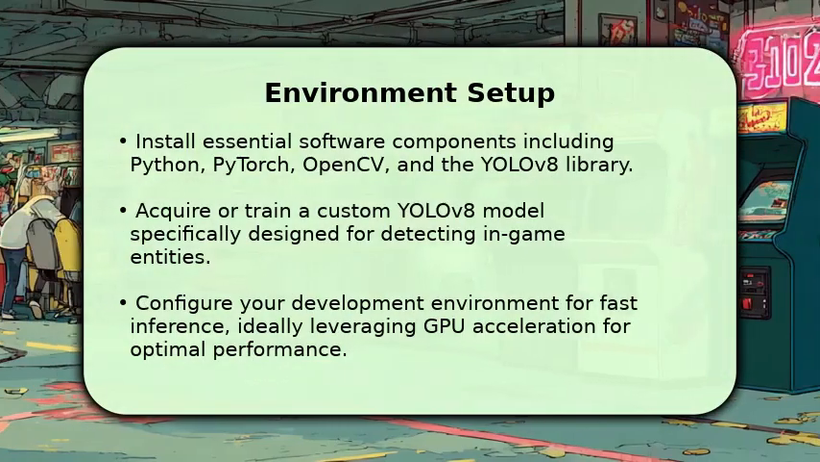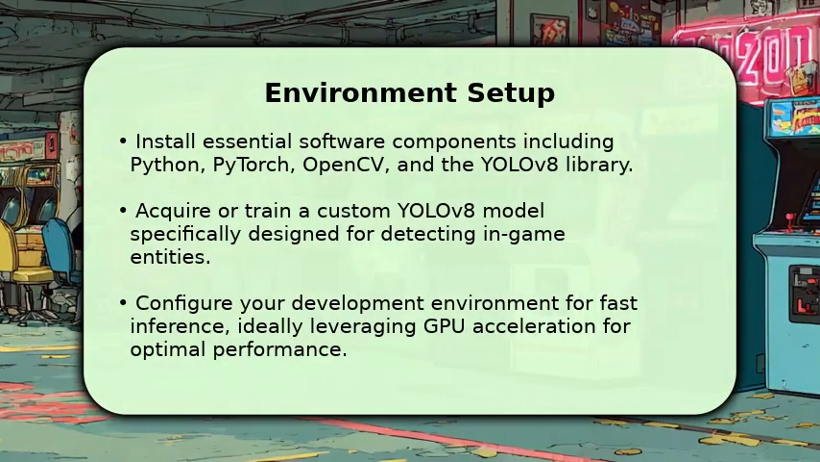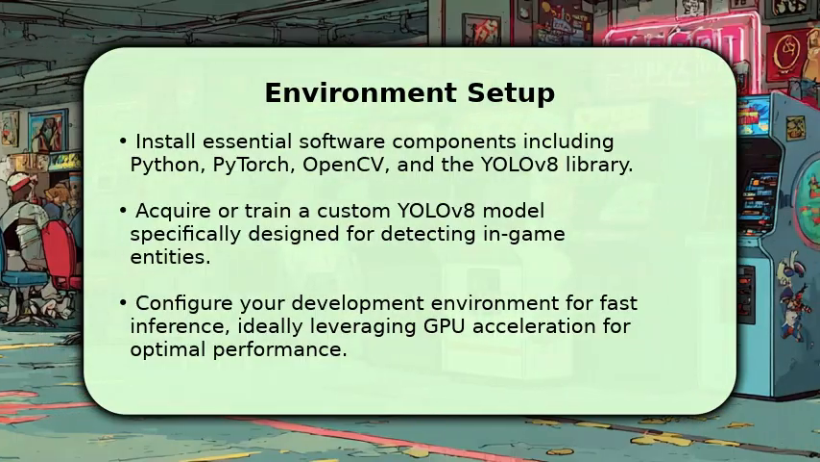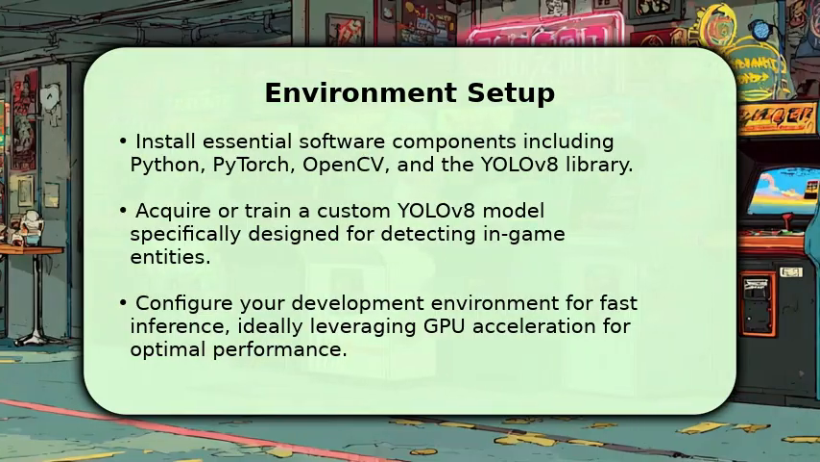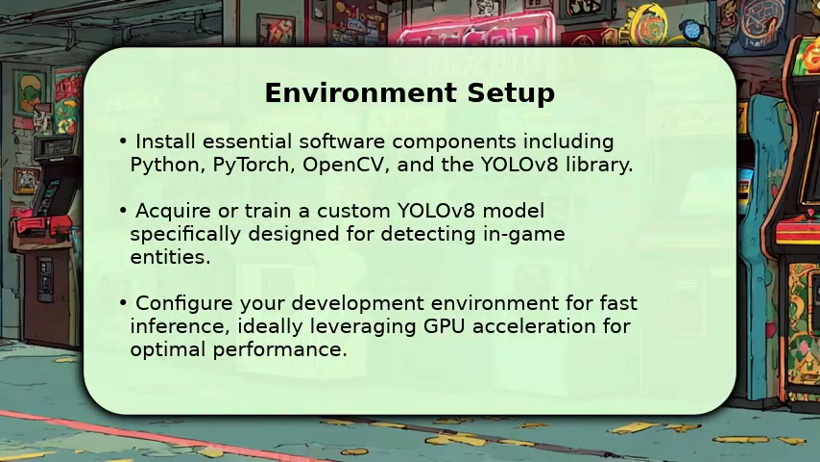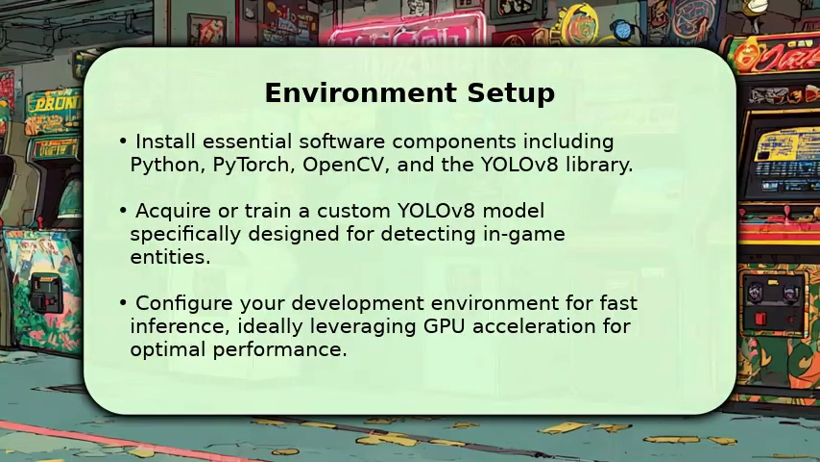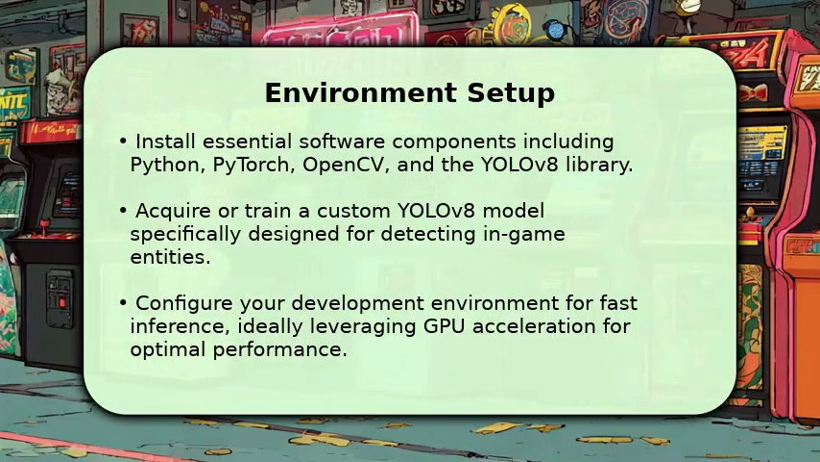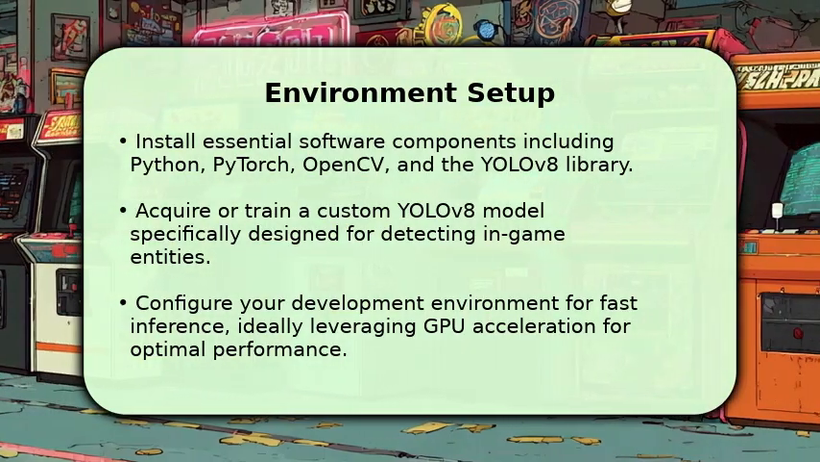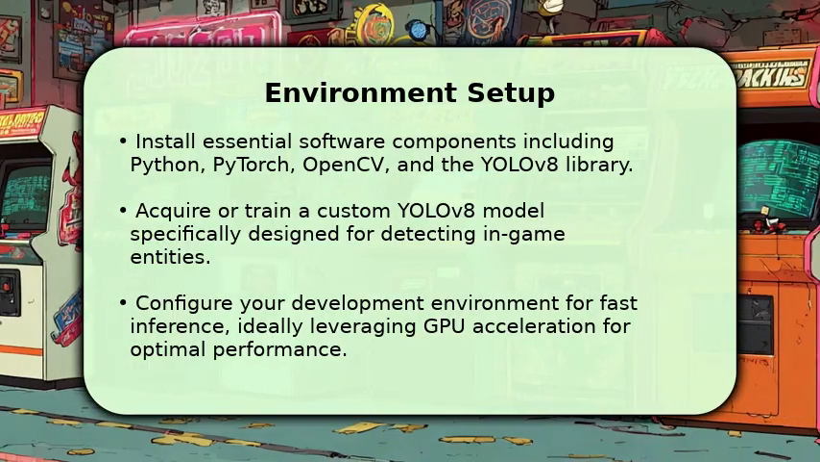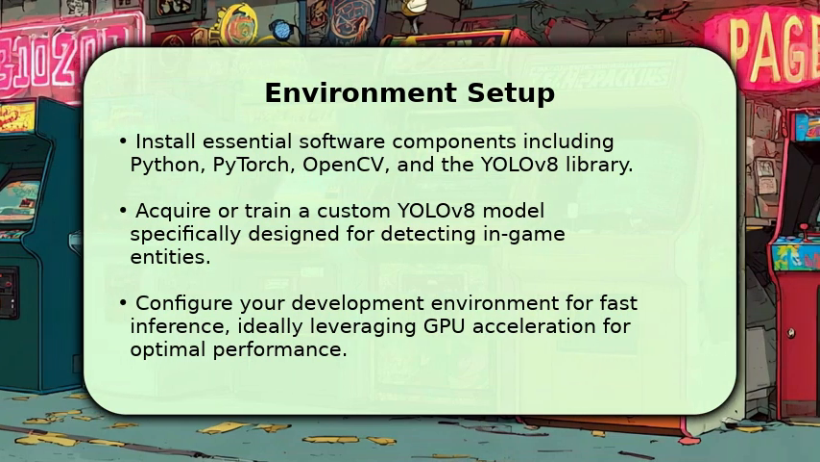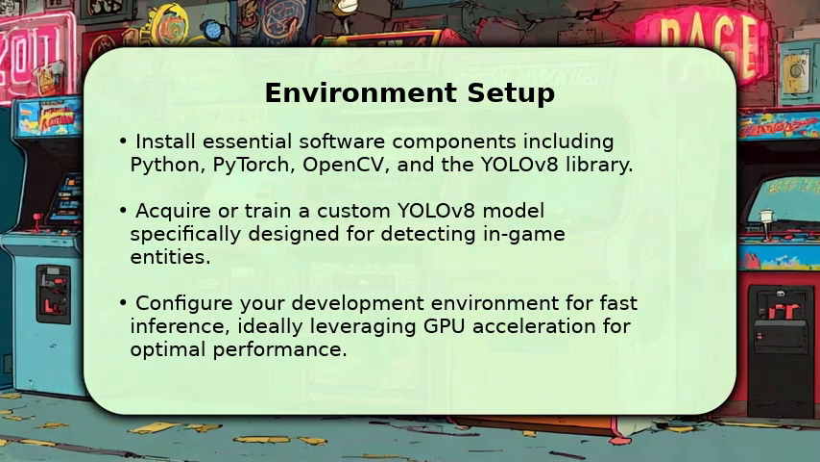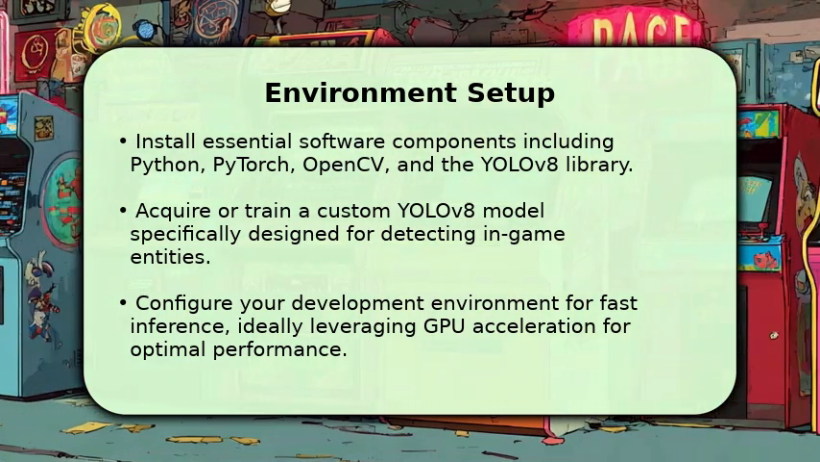Setting up your environment is the foundational step. You'll need Python, along with machine learning libraries like PyTorch and OpenCV for image processing. The YOLOv8 library itself is crucial for object detection. For best results, especially with real-time applications, ensure you have a powerful graphics processing unit and that your software is configured to utilize it. This setup ensures your system can process video frames at a high rate, often exceeding 60